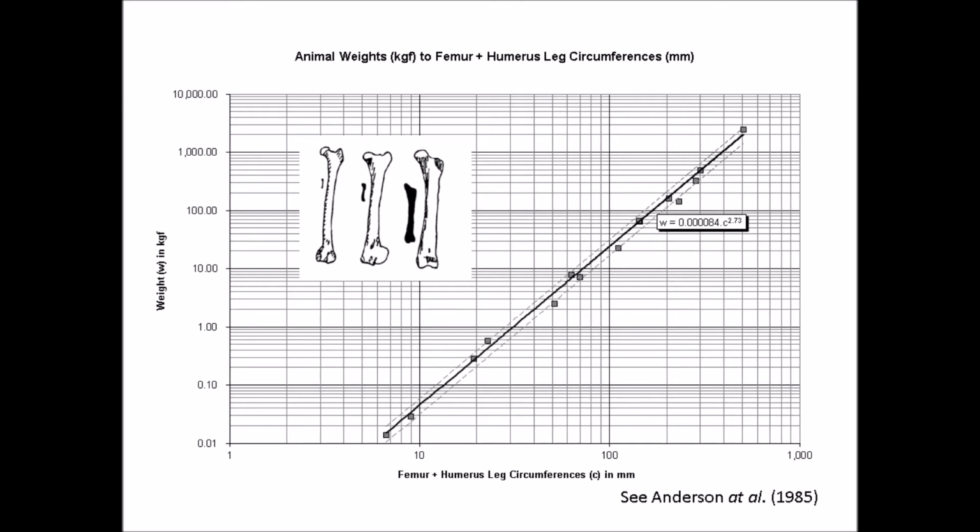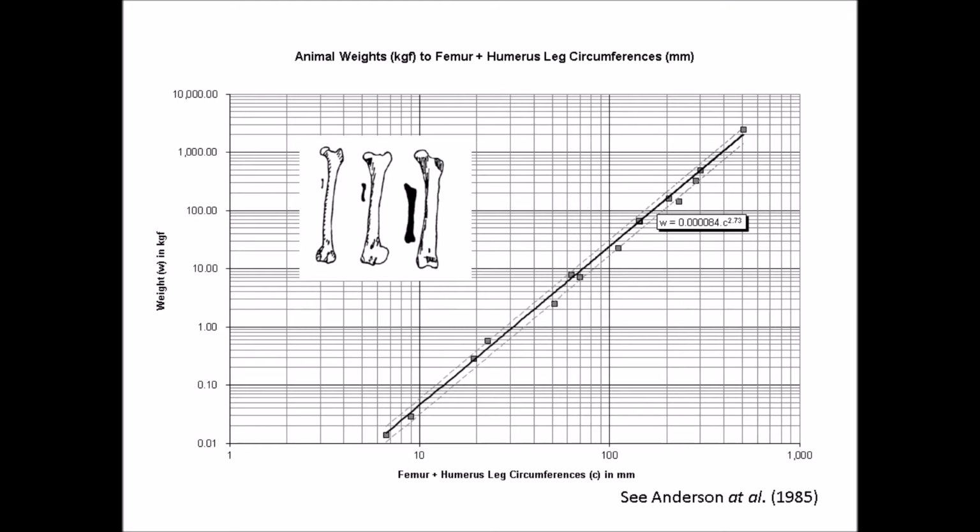Anderson and his team studied the bones of a range of present-day animals and produced a formula to calculate the weight of an animal based on the dimensions of its leg bones. This formula can predict the weight of land-based animals alive today. The line produced by the formula is shown on this graph. We can see it is relatively accurate, with only a few minor variations from the actual measurements. So we can calculate an animal's weight from just the dimensions of its leg bones.